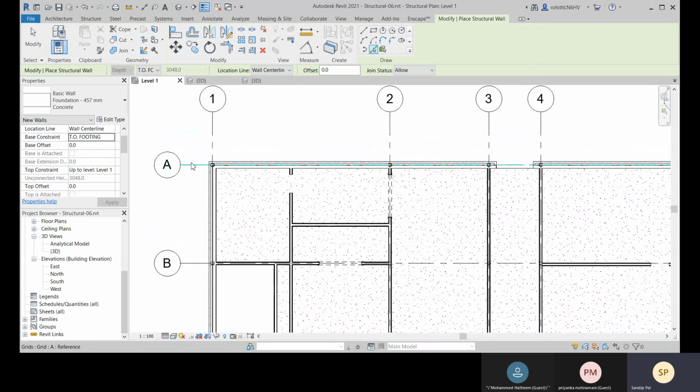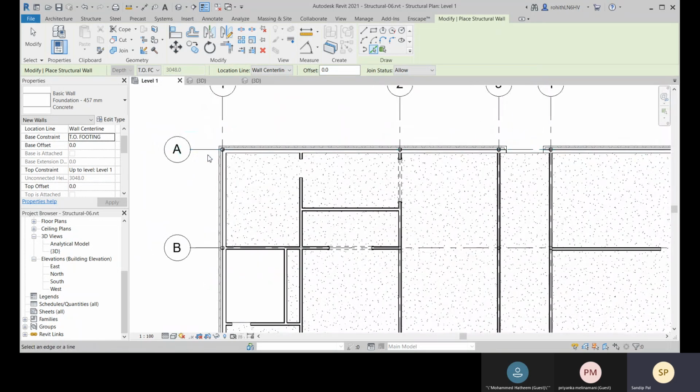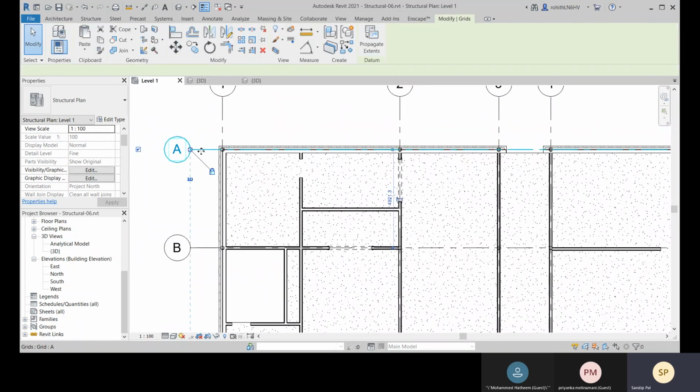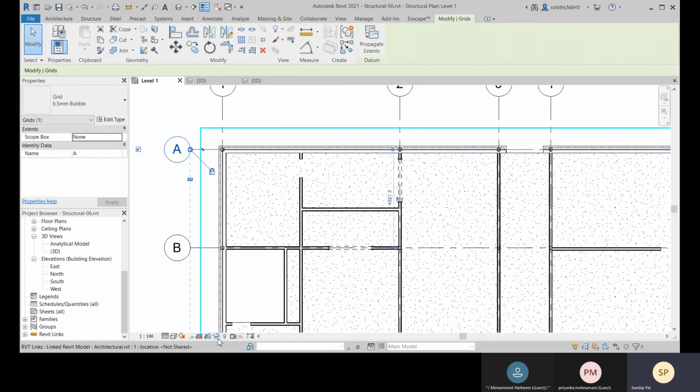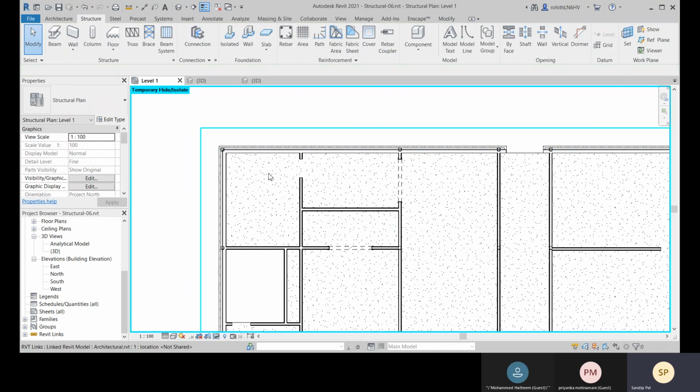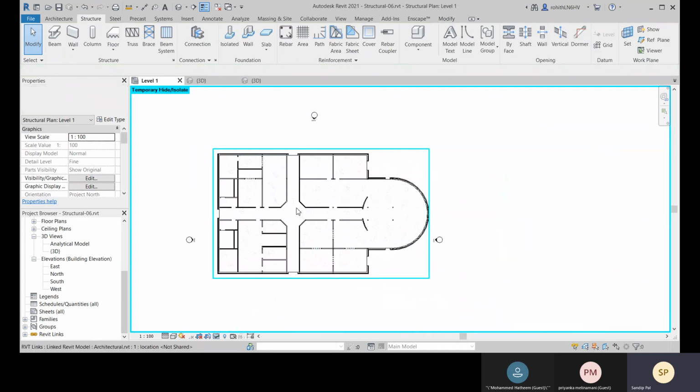Now the grids are creating problems for me, so I'll select one and hide it. Here I have the Temporary Hide/Isolate option, so I'll go for Hide Category. All the grids are hidden right now.